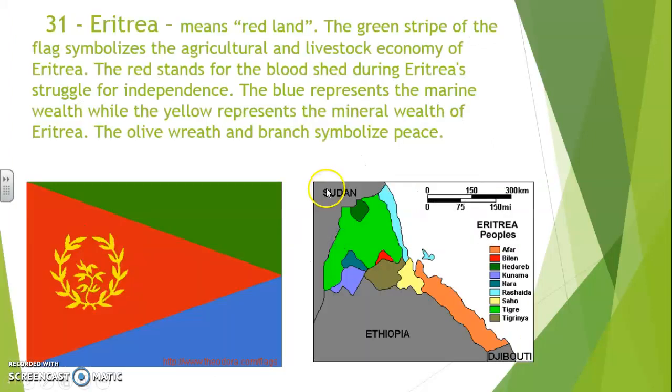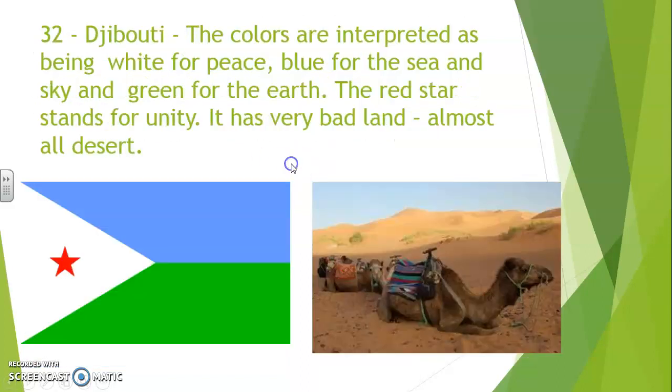I thought I'd give you the names, and maybe you can check your spelling with your map sheet as you go. Number 31 was Eritrea, means red land. You see the colors there represented, the different ethnic groups over there. Number 32 was Djibouti. And again, you can read what the colors stand for on there. Each of their colors, like our United States, has meaning in their colors, but very poor land, Djibouti, almost all